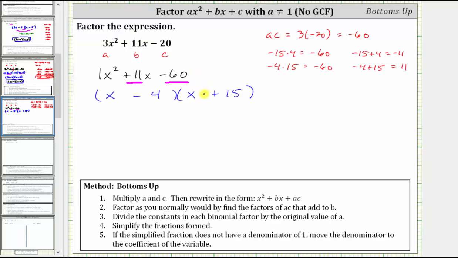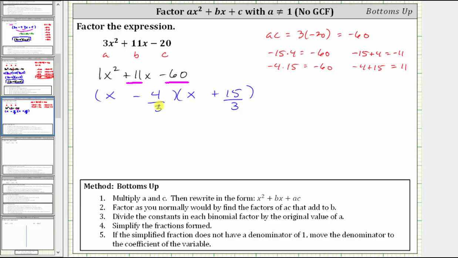The next step in the bottoms-up method is to now divide the constants in each binomial by the original value of a. In our case, a is equal to 3, so now we divide the negative 4 by 3 and the positive 15 by 3. And now we simplify the fractions. If the simplified fraction does not have a denominator of 1, we move the denominator to the coefficient of the variable. So notice here we have negative 4/3, which does not simplify,